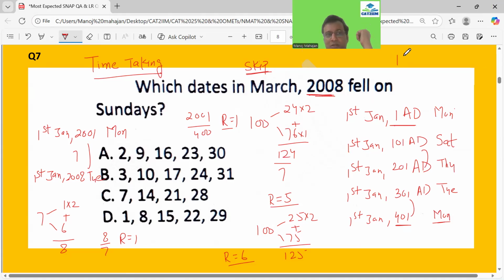So let me write. Now the question talks about 1st Jan. So it's a very time-taking problem, I think so. This is Tuesday, right? So we have to reach March. So the moment I get 1st March, what day it is, I can figure out when Sunday will come, right? So we have to go in 2008 itself. So when you look at number of days,